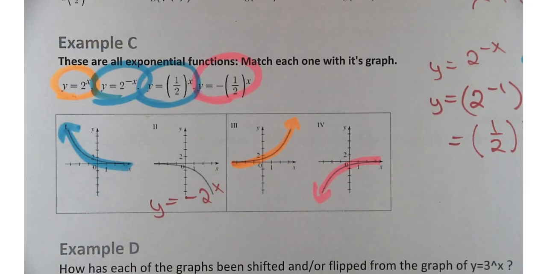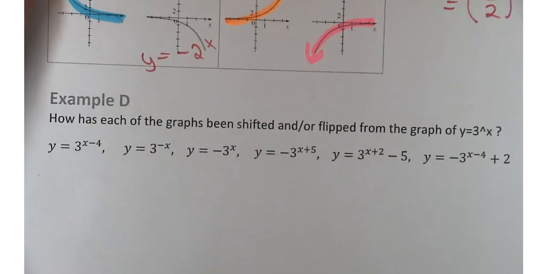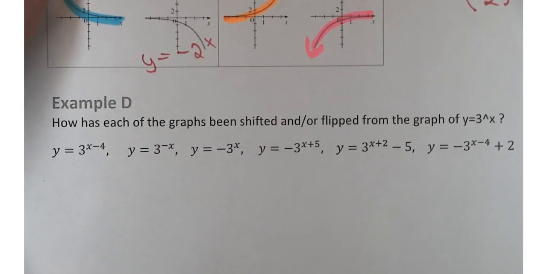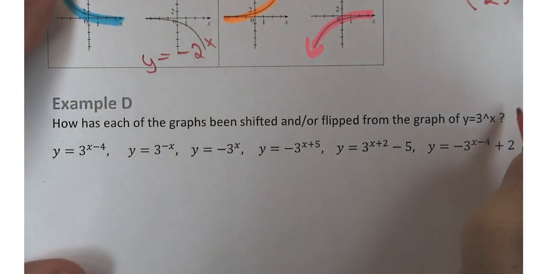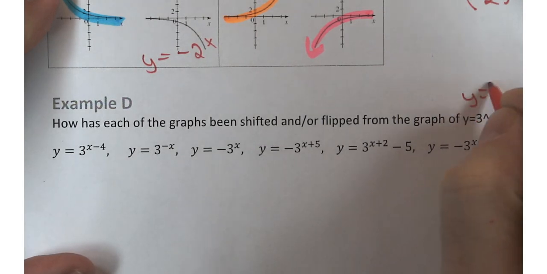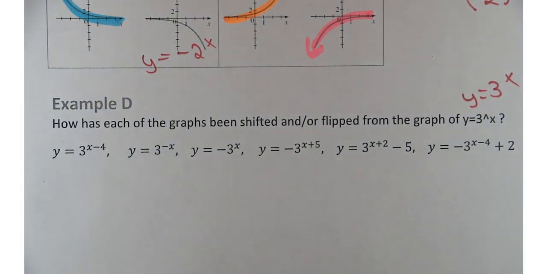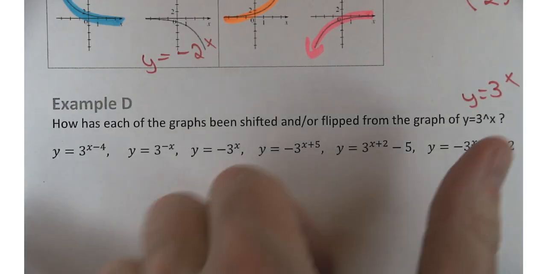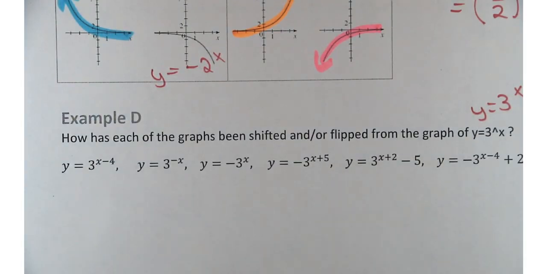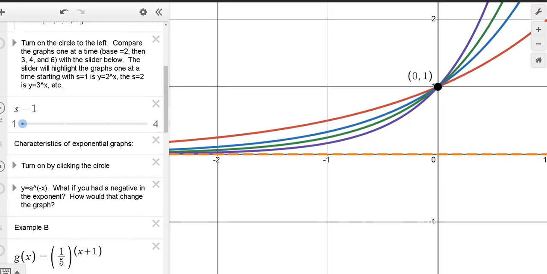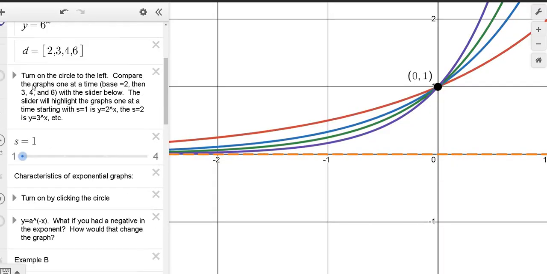Now, we're going to play around with some more graphs and try and figure out how some of these have been shifted. So we're going to compare these equations. We're going to start with y equals 3 to the x. How about y equals 3 to the x minus 4? How is that going to compare to the graph of y equals 3 to the x? It shouldn't be drastically different, should it? So let me shut off these